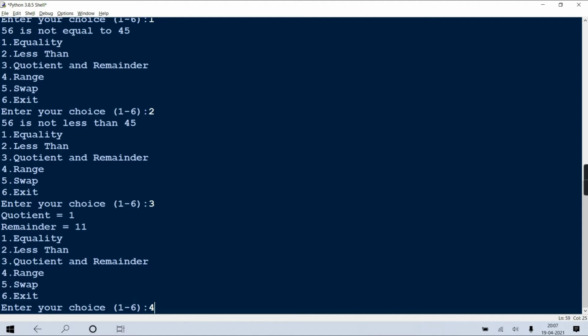Range. Okay, so actually range I have given first and second lesser, no? To print range, actually this 56 and 45, the first should be lesser than the second. So what you should do is more foolproof code. When you come to range operation, check whether the first value is greater than the second. If it is, first swap and then do the activity. You got what I'm saying?